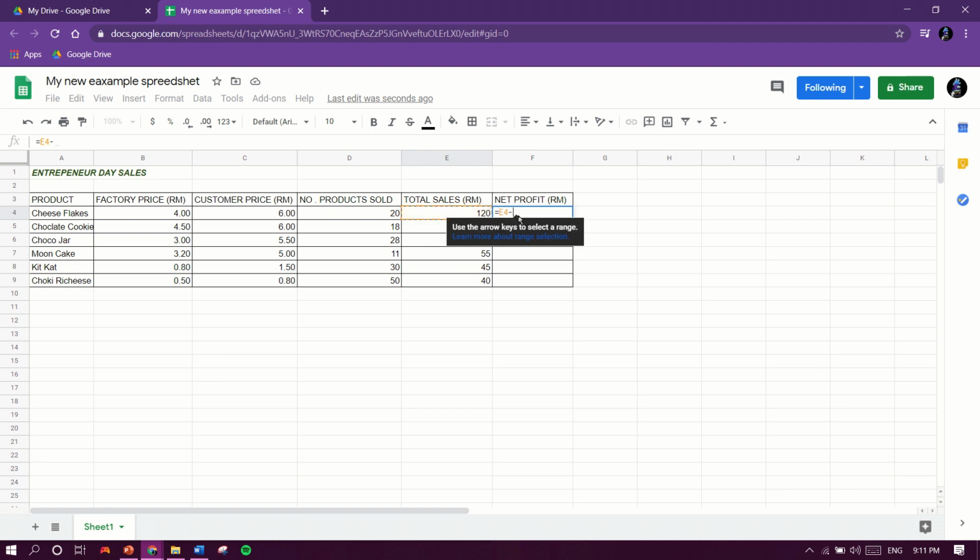For the minus calculation, you just push the minus key, and then you need to do the bracket because you want the multiplication calculation first, okay, and then B4, which is the factory price, multiplied with D4, number of products,